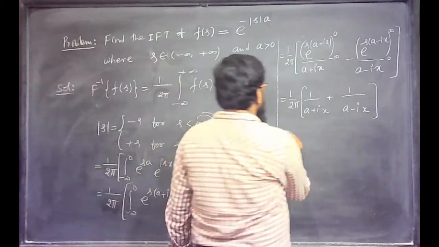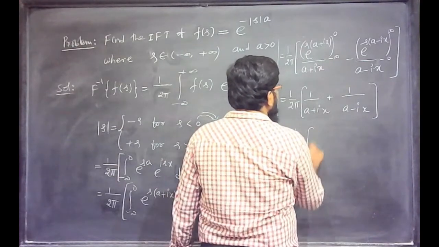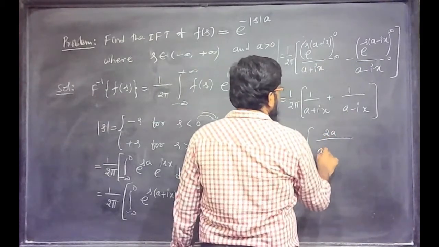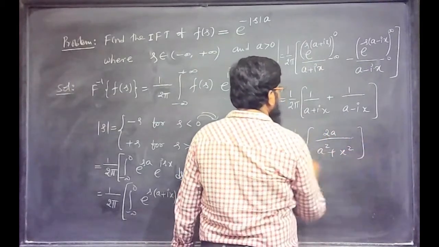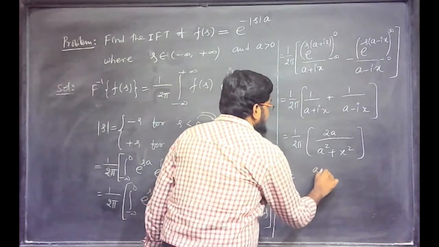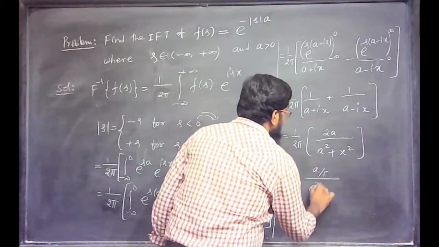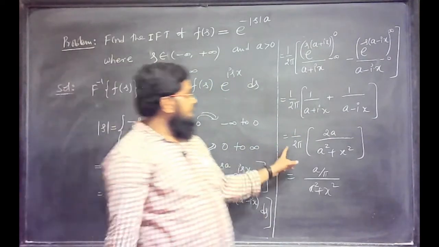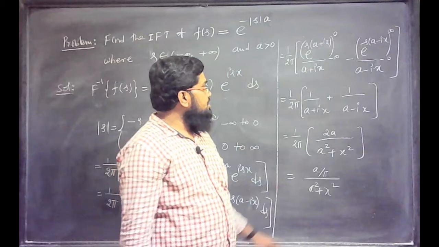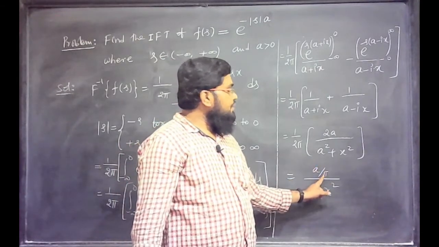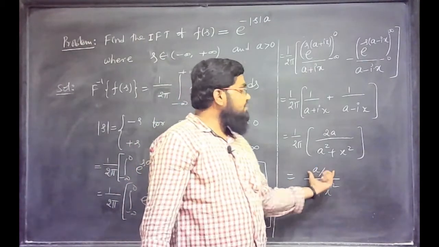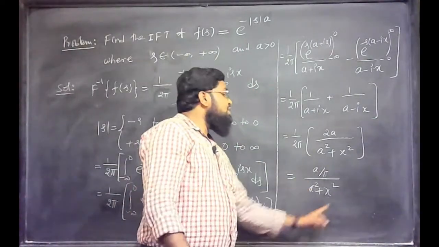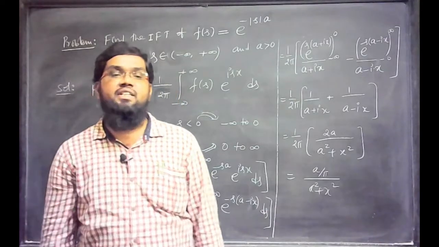Now you take the LCM, that is 1 by 2 pi, so a minus ix and a plus ix will be 2a and a square minus x square, 2 cancel, then the answer will be a by pi divided by a square plus x square. Suppose if you have taken the 1 by root 2 pi here, ఏమవుతుంది అప్పుడు root 2 by root pi, అంటే ఈ యాంప్లిట్యూడ్ ఫ్యాక్టర్ మారుతుంది అంతేగాని the nature of the function ఈజ్ 1 by a square plus x square అనేది, అంటే 1 by 1 plus x square అనే నేచర్